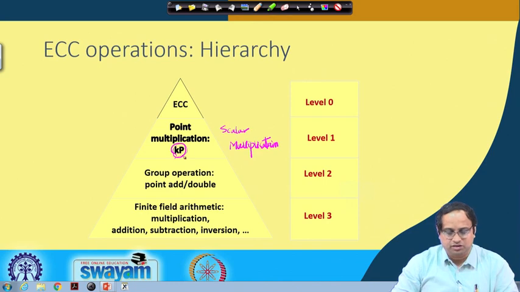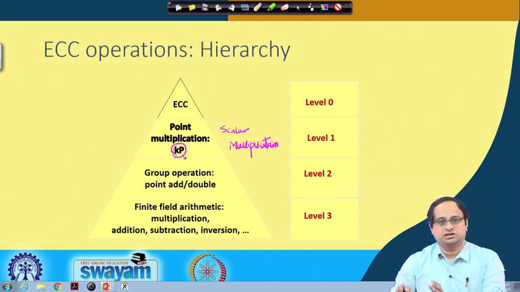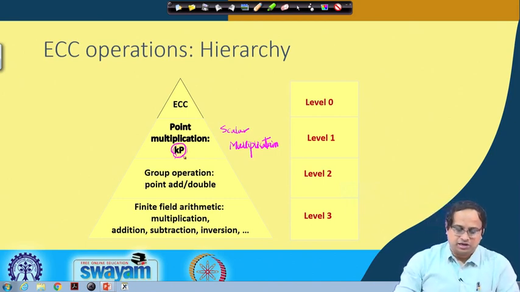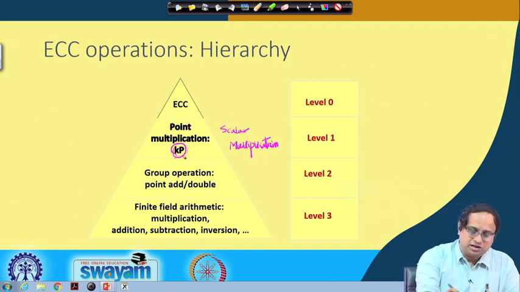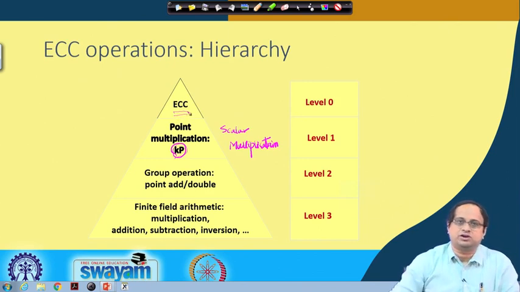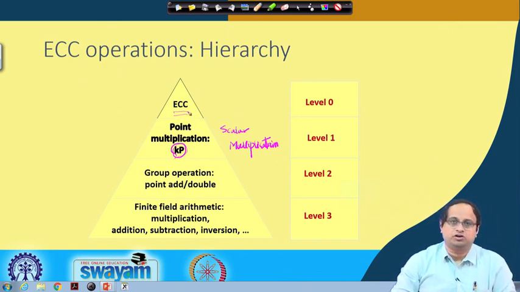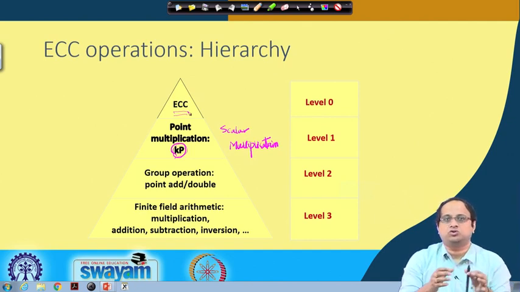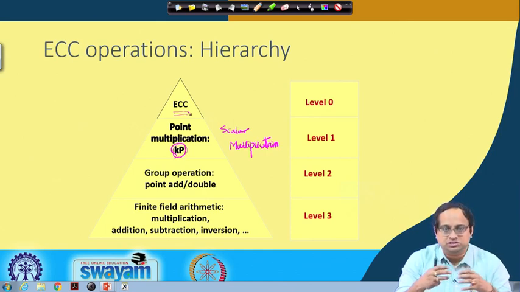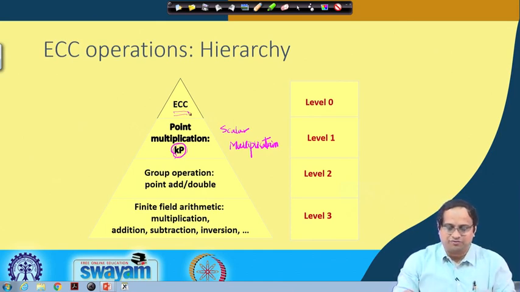Subsequently, we will see how you can make a corresponding hardware architecture for realizing the scalar multiplication operation. Elliptic curve cryptography is dependent on this. We will not be looking into the ECC part, where there are several versions. You have ElGamal cryptosystems, and you can apply elliptic curves for key exchanges, often called Diffie-Hellman key exchange. But all of them fundamentally use scalar multiplication. So, whenever we talk about an elliptic curve processor, it means a hardware unit that is able to do this scalar multiplication. Therefore, the entire focus is on making this scalar multiplication more efficient.